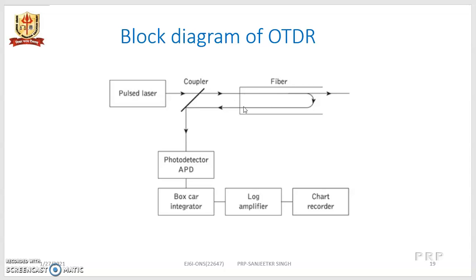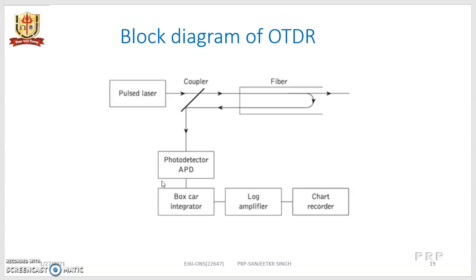backscattered light, so scattering will take place all throughout the length of the fiber. This light is detected using an avalanche photodiode, which produces more electrical output than the other two, the PIN type and the PN photodiode, and the receiver will drive an integrator. What is the function of this integrator? It will improve the signal to noise ratio by giving an arithmetic average over a number of measurements taken.